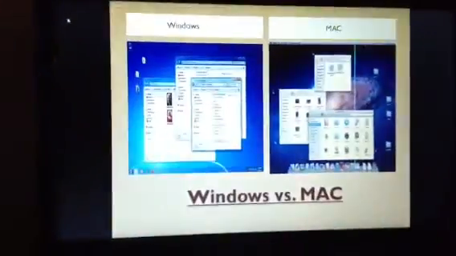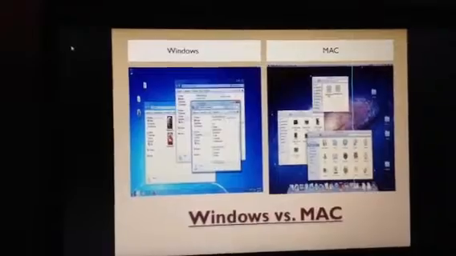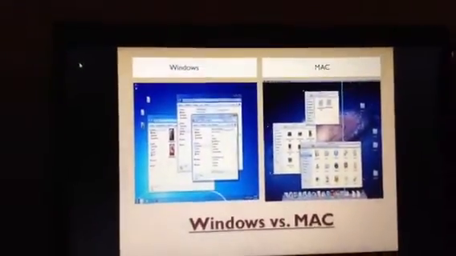Do you ever click on a program on your computer that you use, or a game? Yes. Well, that's all possible by the GUI. And if you ever see this on your computer, that's because that is the GUI being utilized. On a Windows computer, you'll see several windows, and on the Mac, you'll see several.